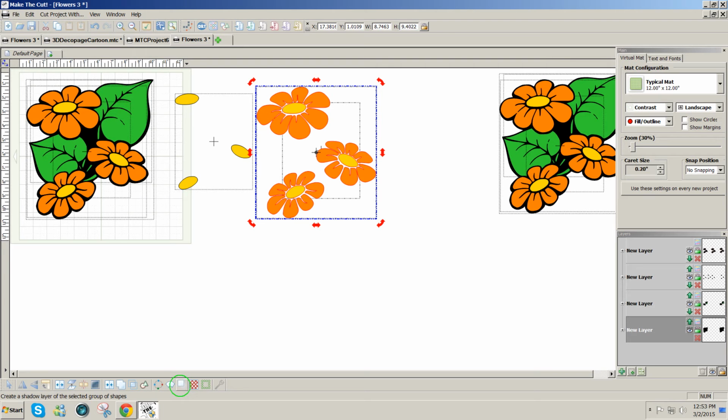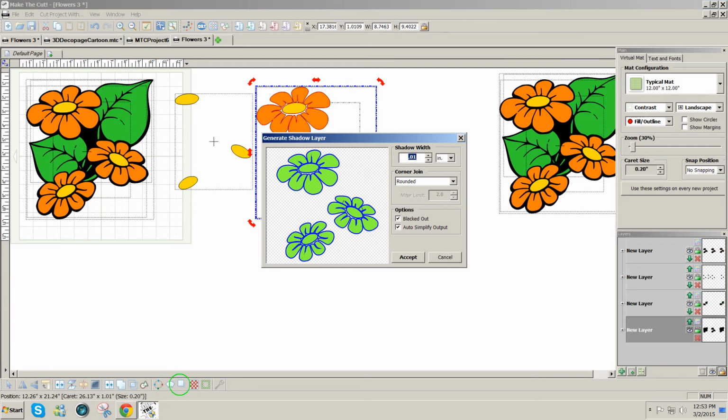You can access that by typing Control plus H, and I'm going to make a shadow width about 0.08. You can make that whatever you would like, but the idea is that it will create